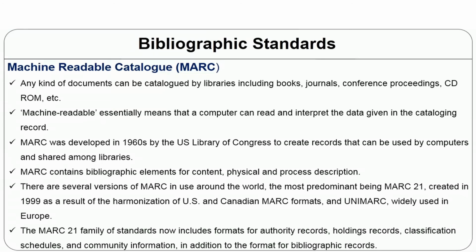The family of standards now includes formats for authority records, holding records, classification schedules, and communication, in addition to the format of bibliography. So MARC is not just a standard for some metadata, but it also uses a lot of additional information like authority records. An authority record is a common record, like New Delhi.